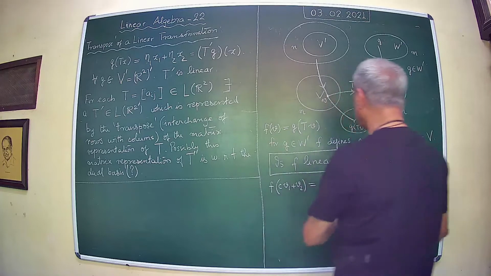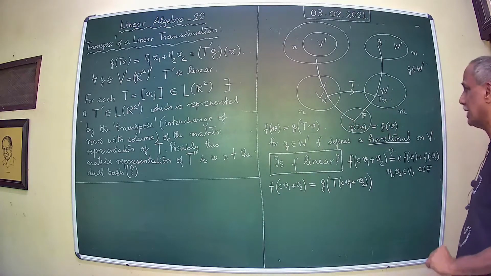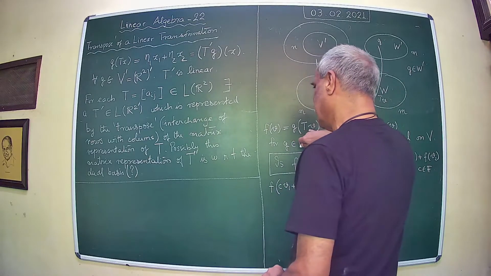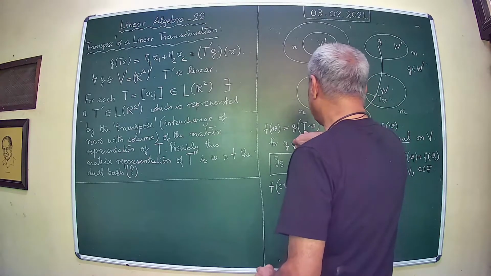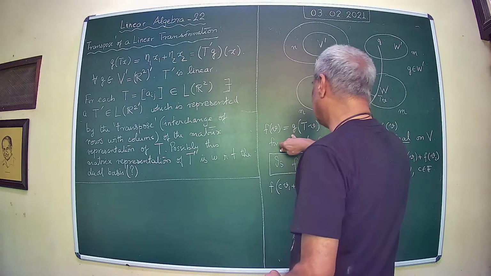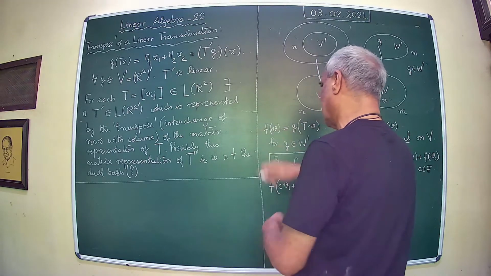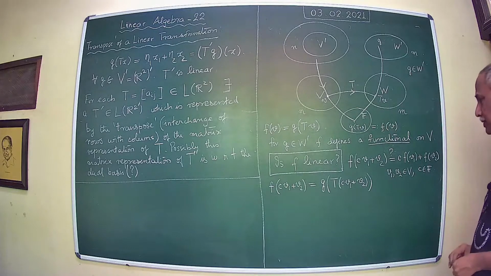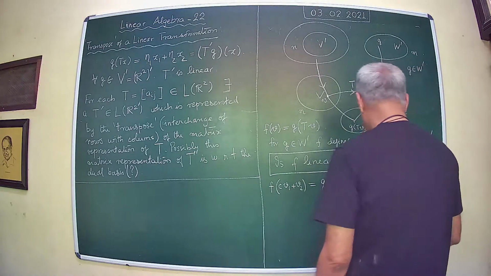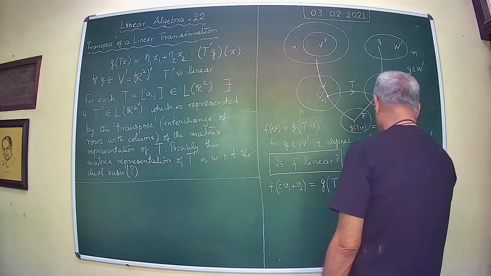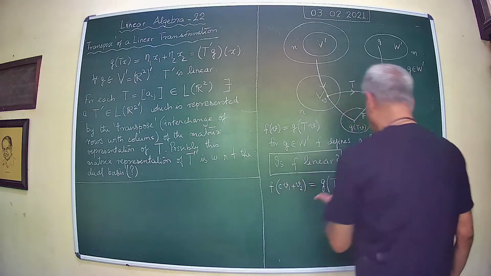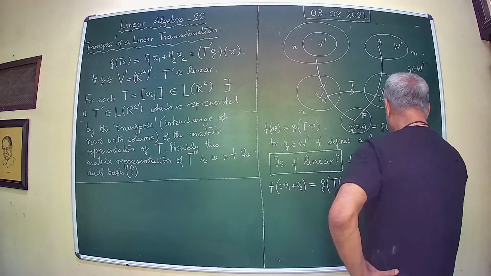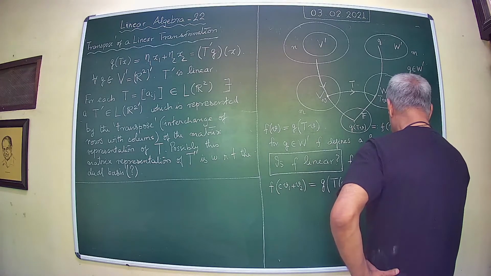Now, why do you suspect this to be linear? The reason is that you are working in a linear space, your T is linear, G is linear, therefore we expect the composition also to get the property. It is well defined. Okay, now this is equal to, what you get, T is linear, therefore you have G of T